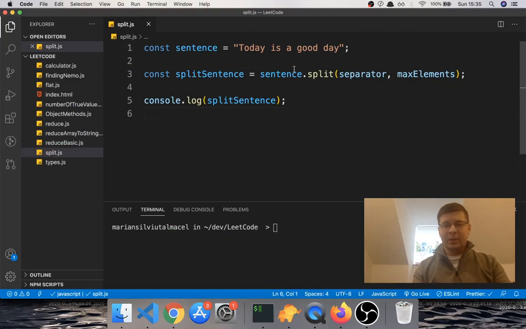Yeah, I'm back today again with another method, this time on strings. It's called split and it returns an array of elements. Now, this is how you use it. You use it on a string that you have,